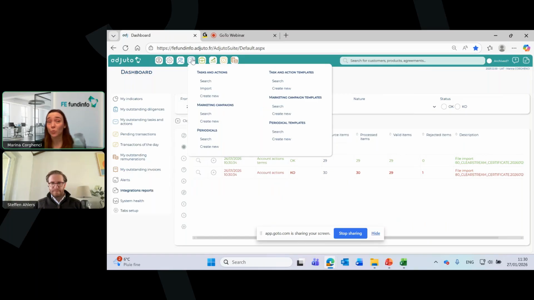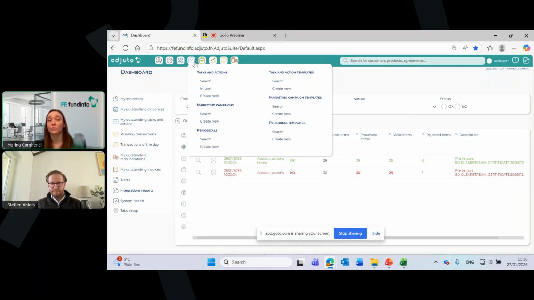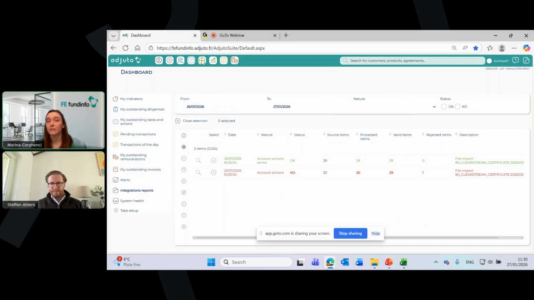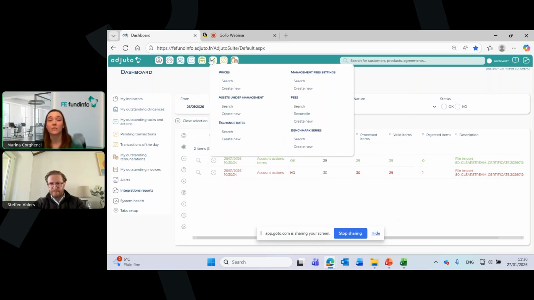You can as well manage different tasks and actions that can be directly done through Adjuto and automated with marketing campaigns. So once we have the client data into Adjuto, we will move on feeding with the product data that can come the same either from a product master, or it can be built directly into Adjuto with the static